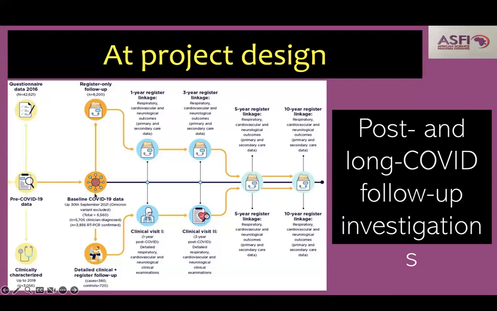And what happens here is that we had 6,560 COVID participants originally, excluding the Omicron variant from 42,600 people. Okay, and so we plan to follow 360 of those clinically and 6,200 of those in the registers. Now, before the COVID came, we have pre-COVID data, clinical data, questionnaire data. And so this enriches our investigation.